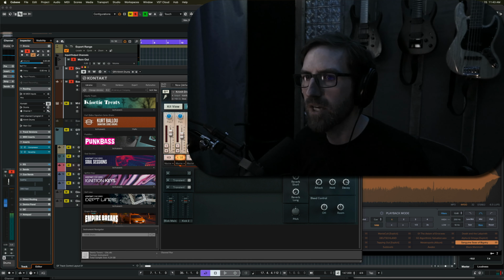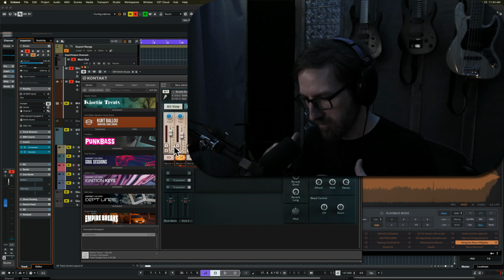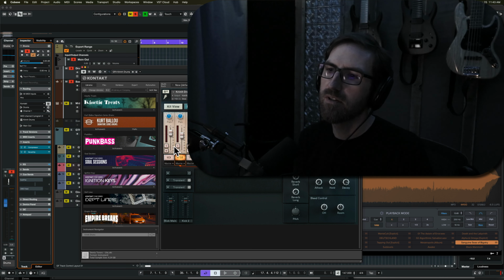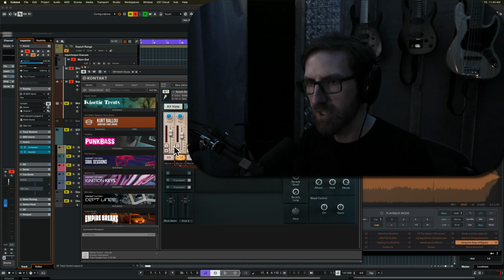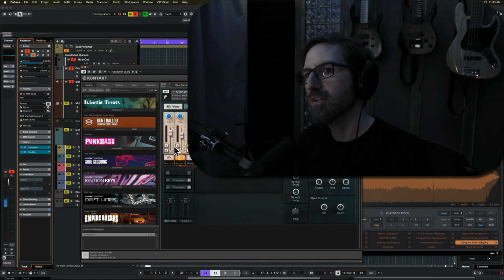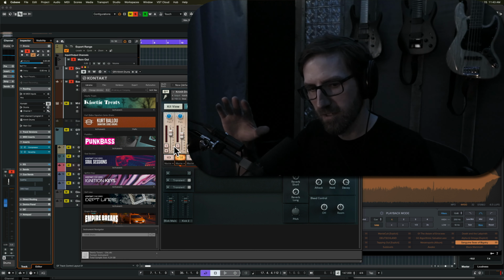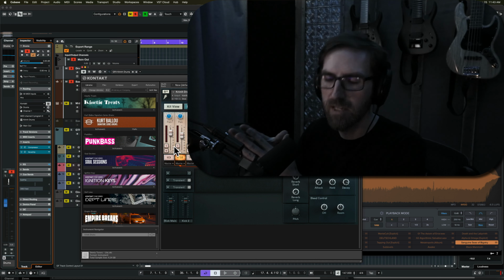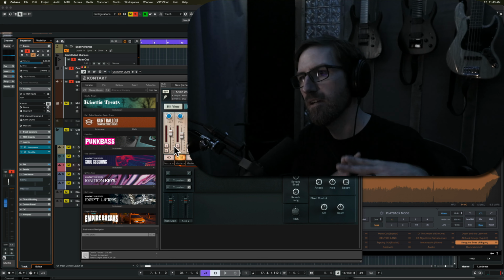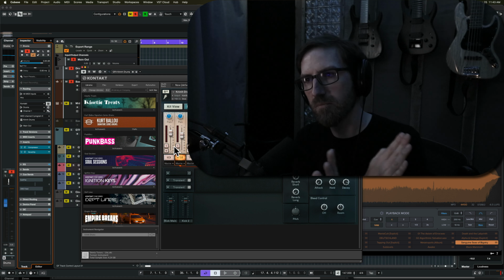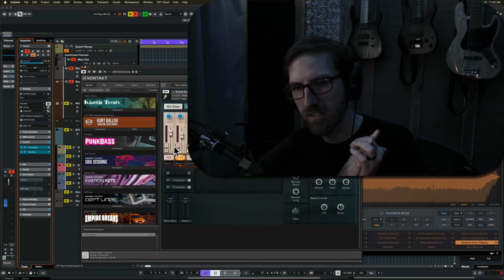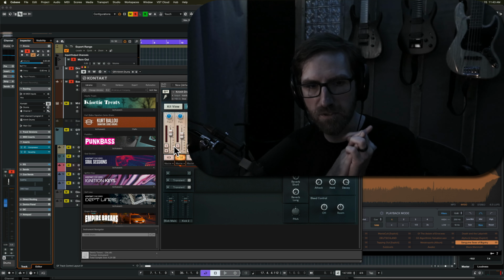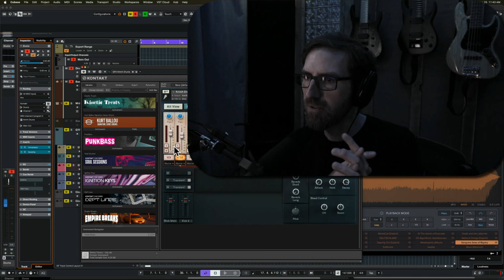Okay, so this is mostly a matter of preference, but for me, I want a thick, solid bass, but I also want a nice, thumpy kick. A lot of mixers will try to specify having the fundamental of the kick living at a higher frequency than the fundamental of the bass, or vice versa, but not having them on top of each other. And that totally makes sense. And I agree with that in principle, but